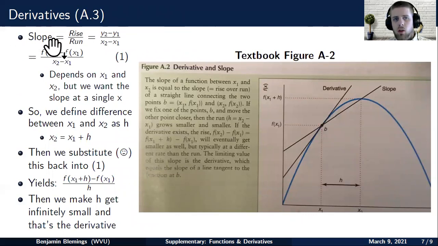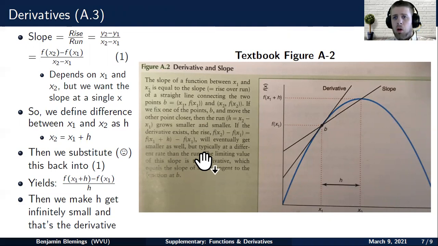derivatives are going to build on the slope formula. So y2 minus y1 over x2 minus x1, or rise over run. Another way to write the rise is f of x2 minus f of x1. Remember, because our f is a mapping of just x to one particular y, this is equivalent to the slope formula. This equation 1 here depends on both x1 and x2,